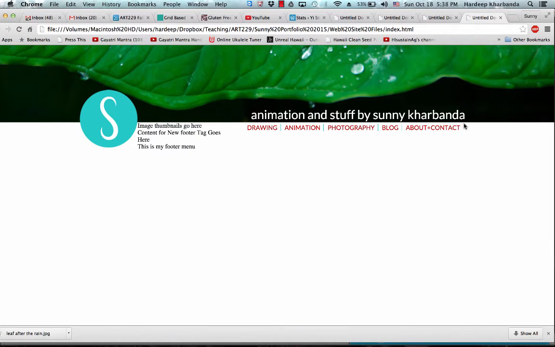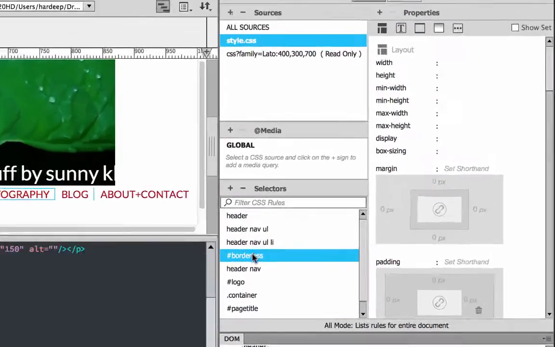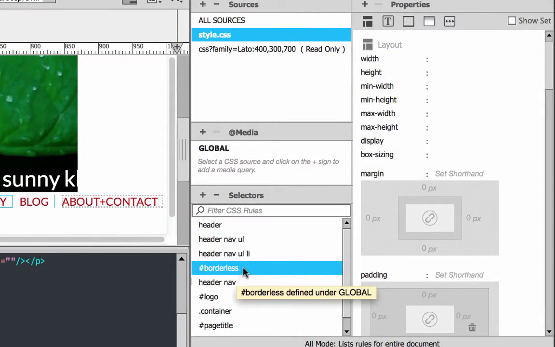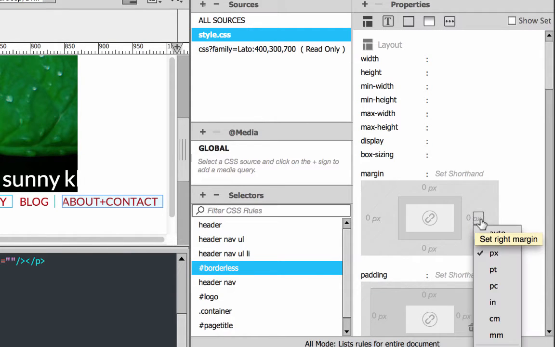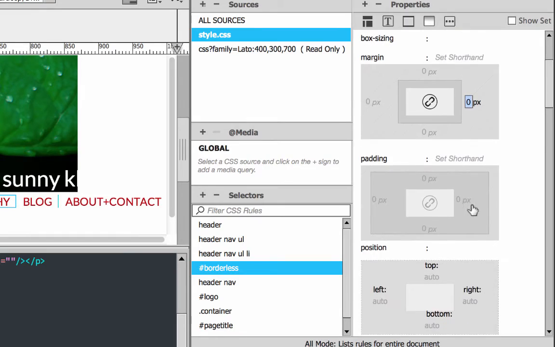I also want to reduce the right margin and the right side padding. So back in Dreamweaver, I'm on the borderless selector. Just for this one, I'm going to assign some special styles, which are set the right margin to 0 and set the right side padding to 0.